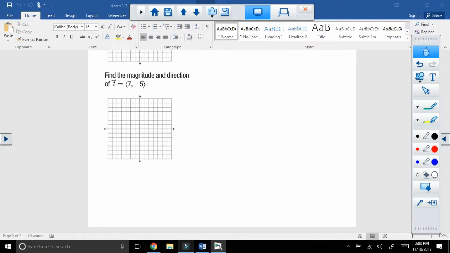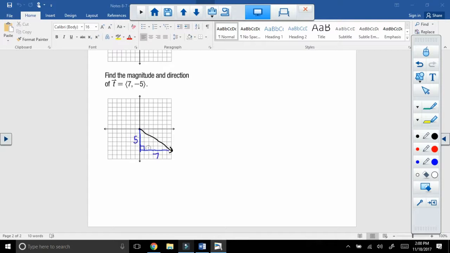Okay, and then for this one here, again, starting at the origin, I'm going to kind of graph out what direction this is going. So this is 7 and then -5, meaning it's going to the right 1, 2, 3, 4, 5, 6, 7, and down 1, 2, 3, 4, 5. So for this vector, I want to tell the direction and the magnitude. And if you'd rather draw your triangle first, and then you could just do Pythagorean theorem to find those parts,